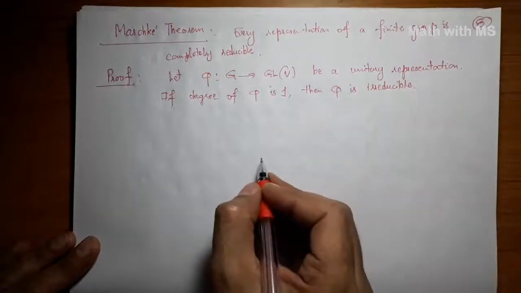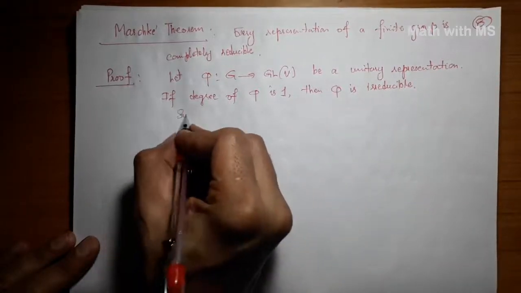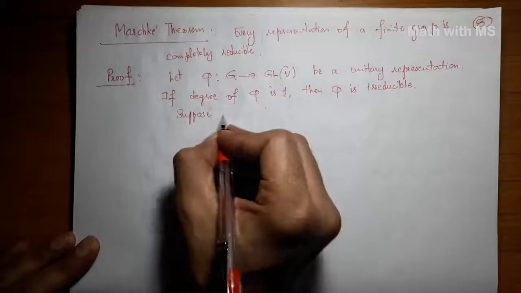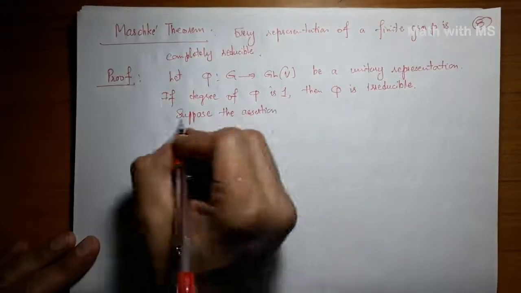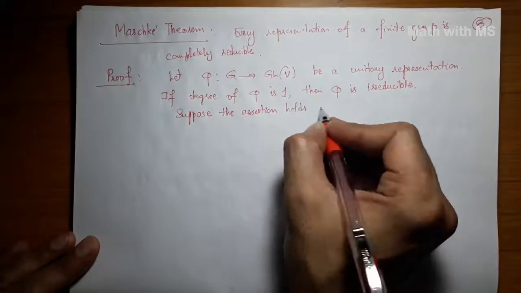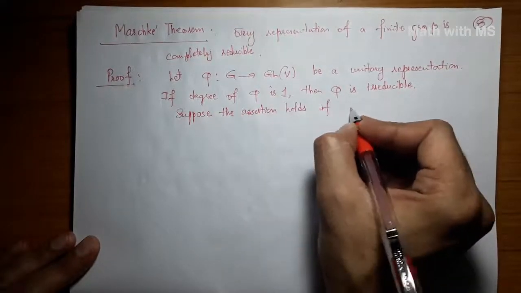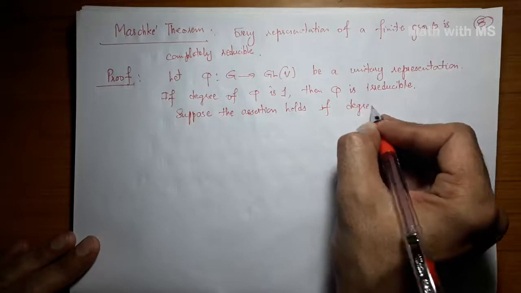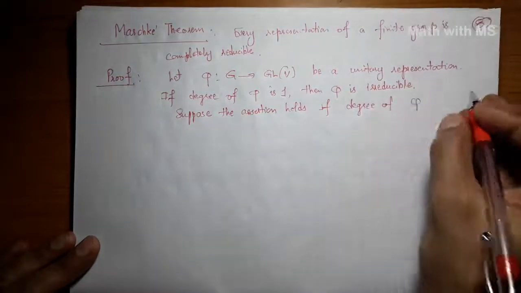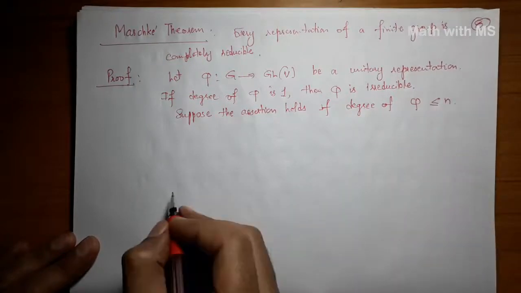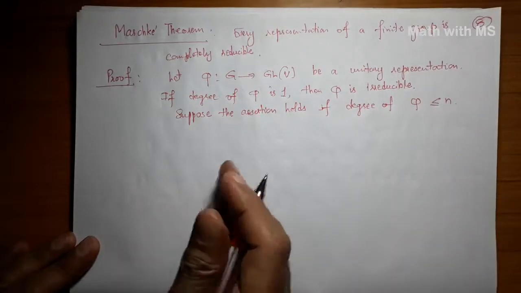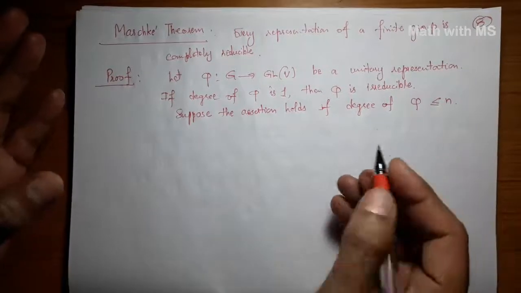Suppose the result is true. Suppose the assertion holds if the degree of phi is less than or equal to n. So you have now a representation whose degree is